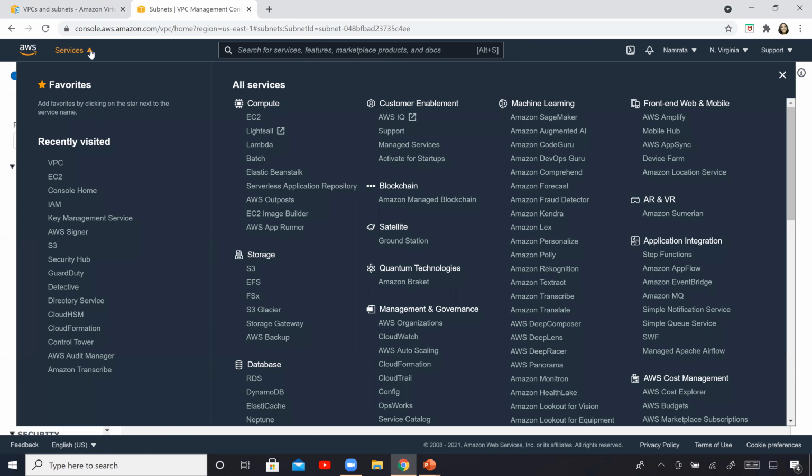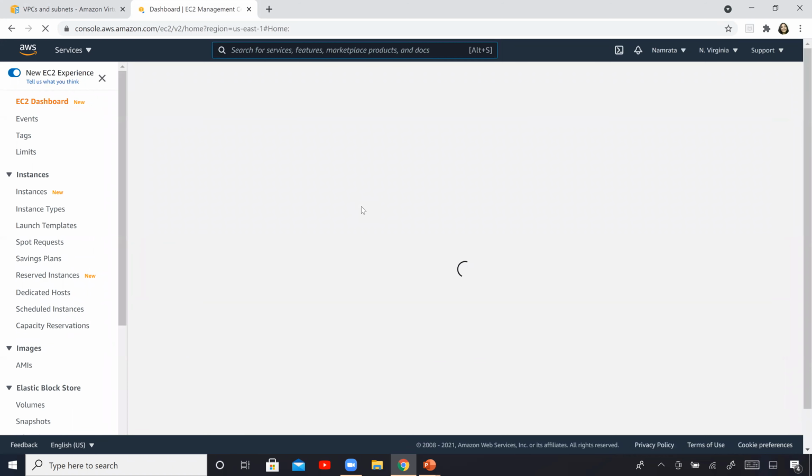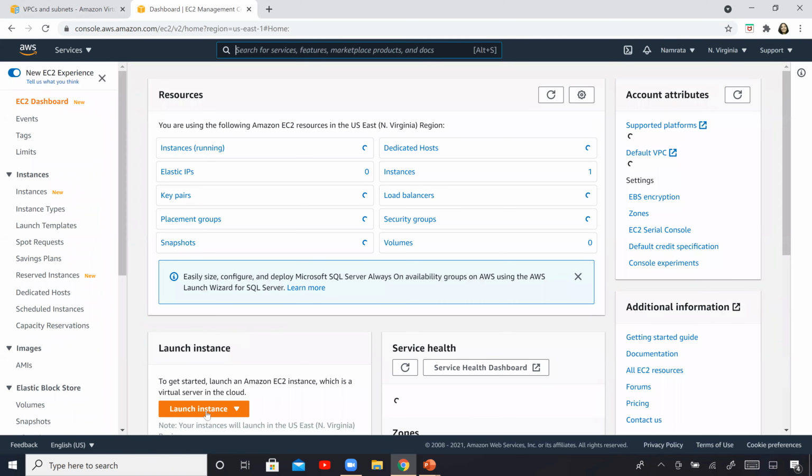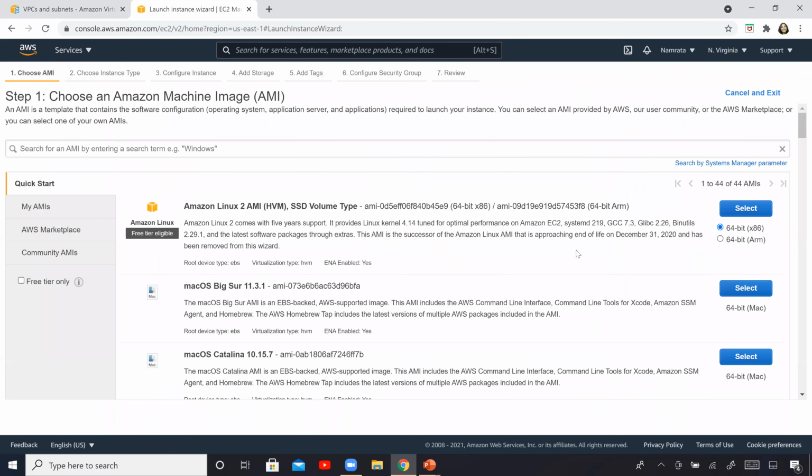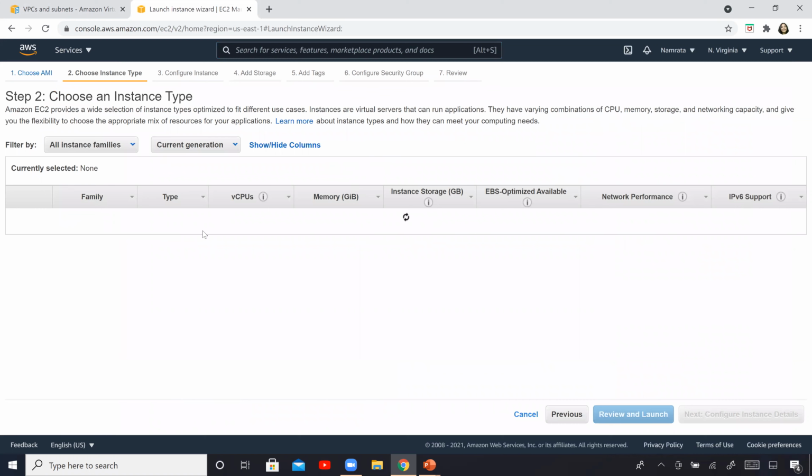Now, what we need to do is go ahead and launch our EC2 instance. So launch instance. I'm going to select Amazon Linux 2. So select that.